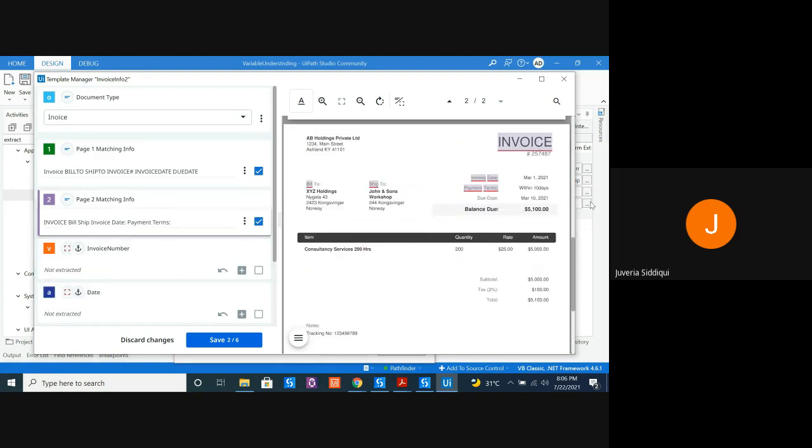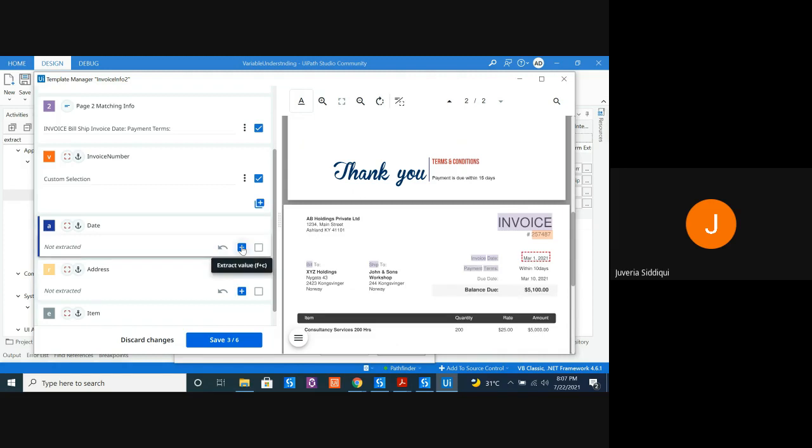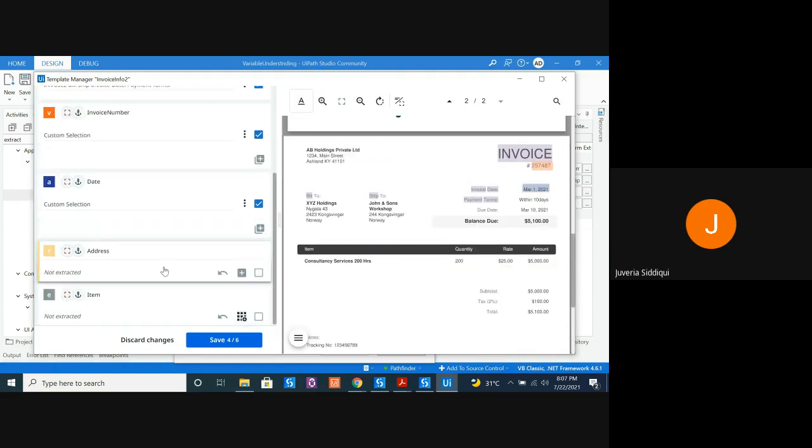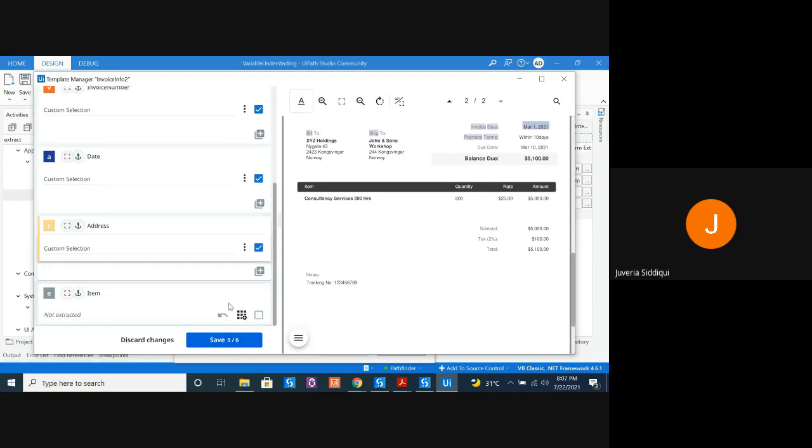So let's start. Invoice number, date, address, and now the tabular information that I want to extract from this document.